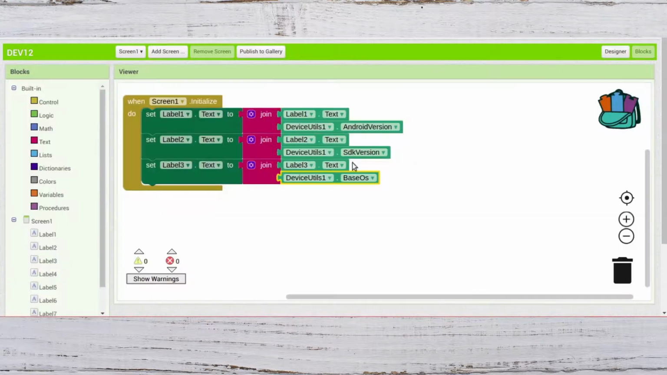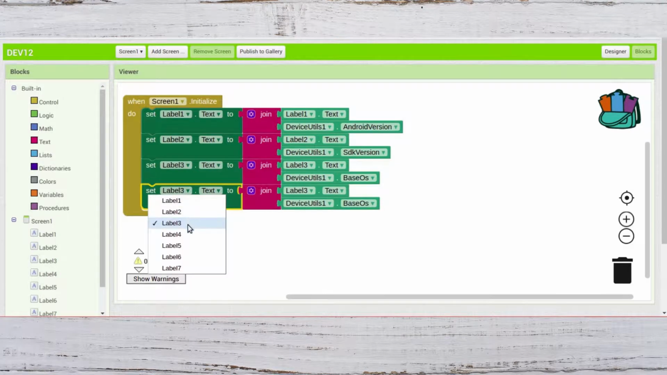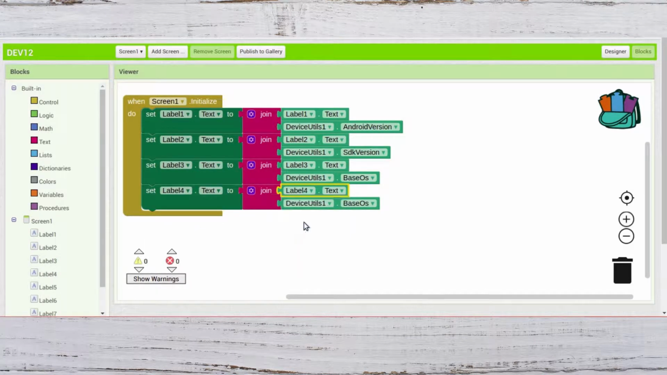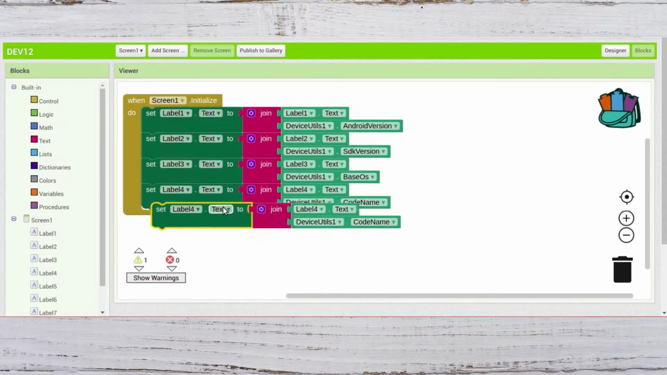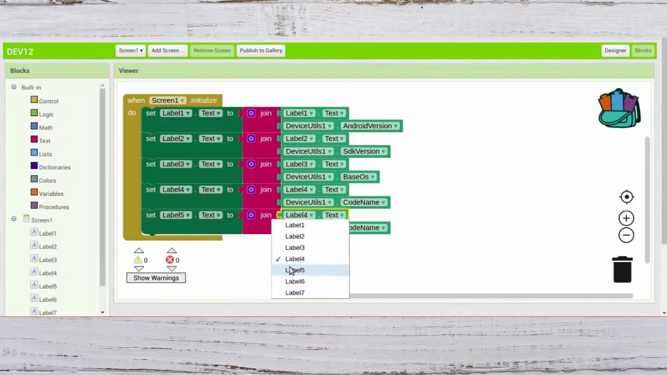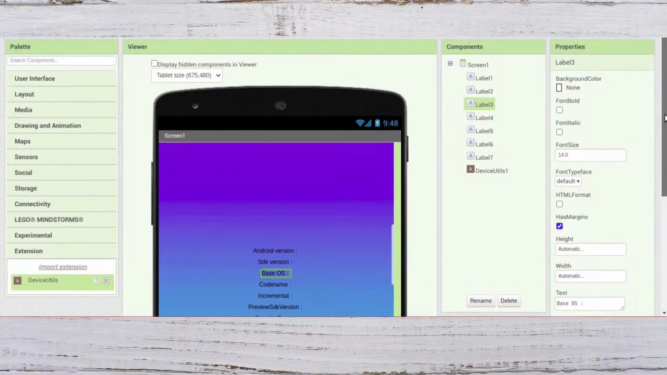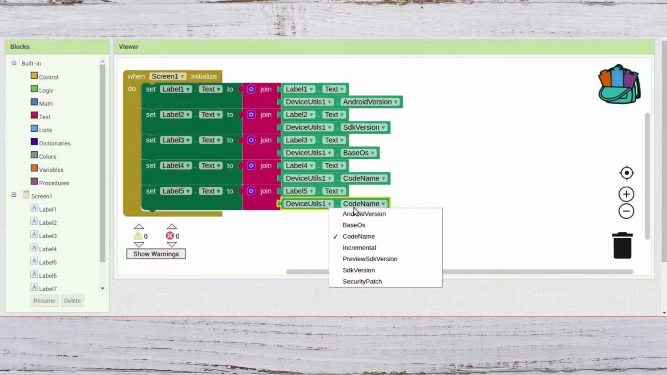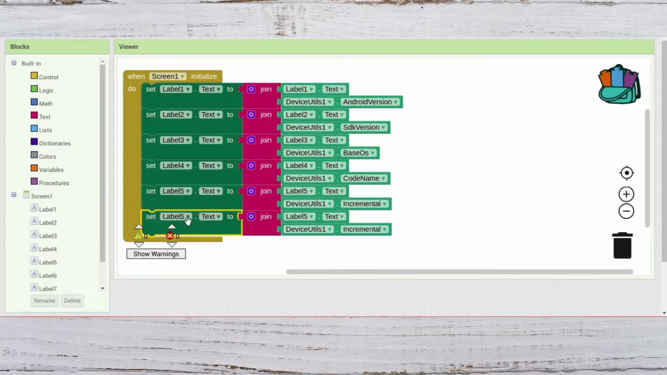Next label 4. Right click on it, duplicate, label 4. This also label 4 and this will be code name. Right click on it, duplicate, click on it and label 5. This also label 5 and this will be incremental. Okay, go to the blocks section, change it to incremental and right click on it, duplicate, drag and drop it here,